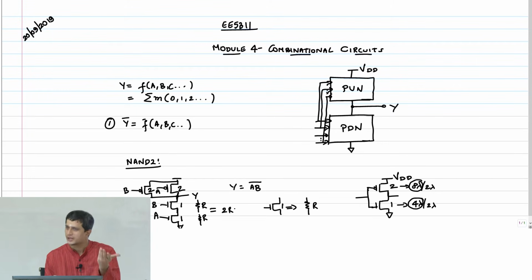Given that we are going to increase the size of the transistor anyway, how much do I increase? I have to standardize that. What we are saying is make the worst case pull down resistance or pull up resistance equal to that of a reference CMOS inverter. And therefore, this has to become 2 and this also has to become 2, in which case the resistance will be R by 2, and the net resistance will become R.